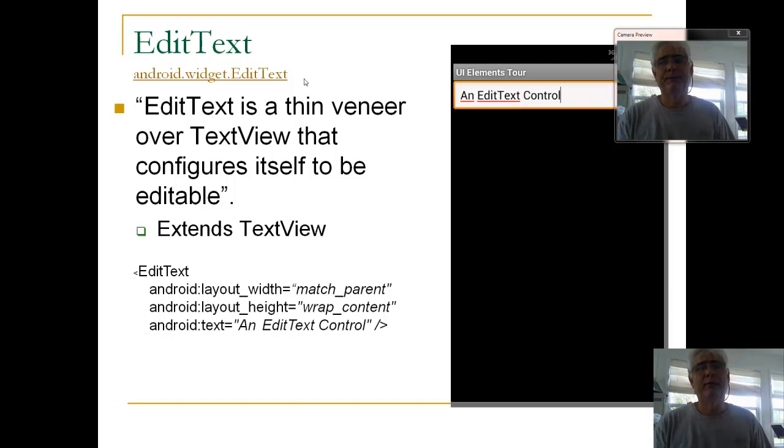With text view, it's just a static text. You can change it programmatically, but the user cannot change it. Not change it directly anyway. Here, this is an editable text box, an editable text control. So we see here, here's how we would